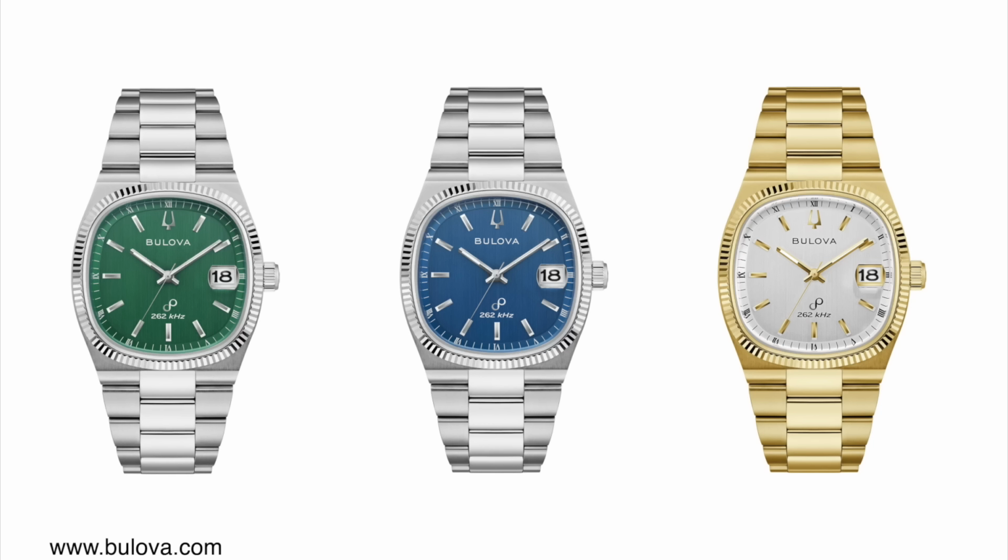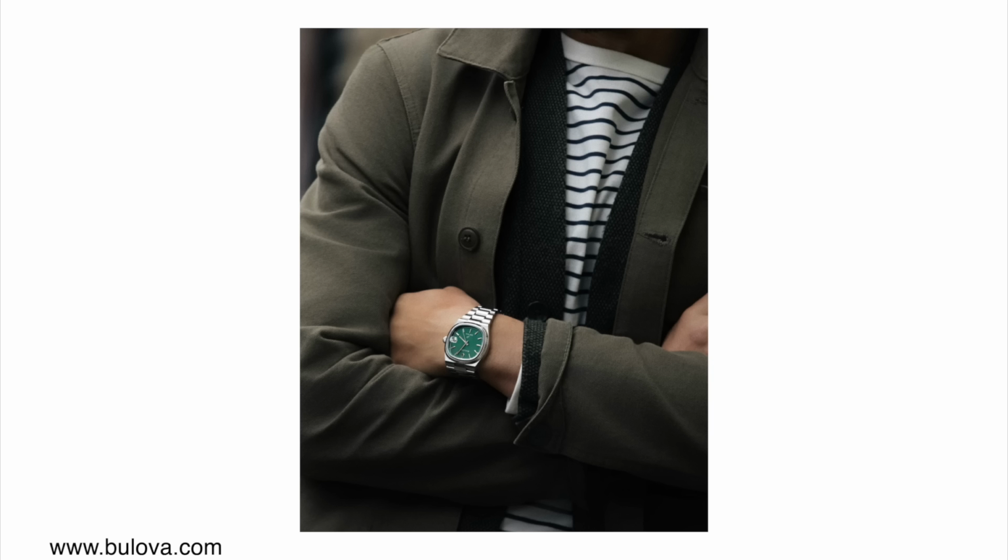This watch is released in 3 different versions. There are the 2 stainless steel looking versions with the blue and the green dials. I think both of them look really cool. There's also this sort of coated gold-like case. That one is a little bit more expensive and comes with a white dial. I think you have to have a certain type of personality to really pull that watch off. The 2 stainless steel looking ones are priced at around 700 US dollars, and the gold looking one is priced